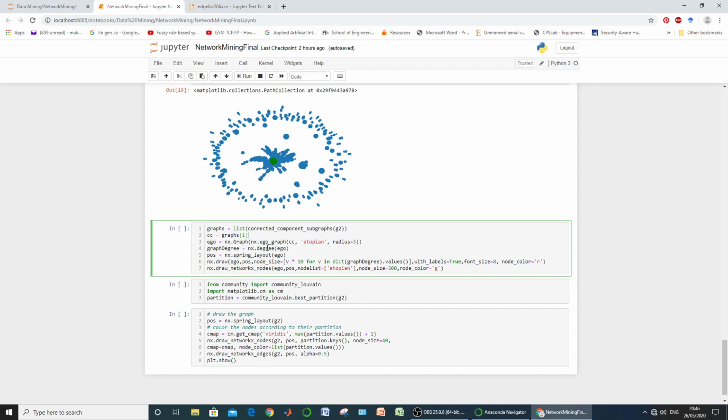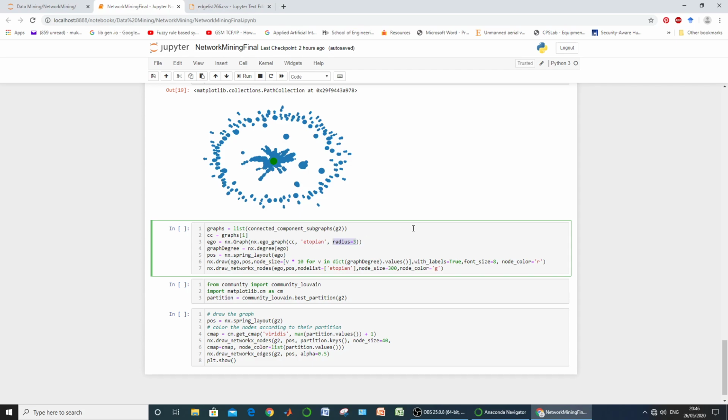And now we want an ego network for this graph, for a particular node, that is Etopian. So we want to visualize the neighborhood of the Etopian node in the first graph. It further defines the radius equal to 3.